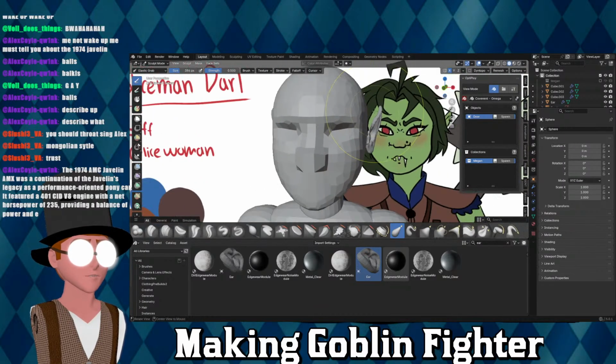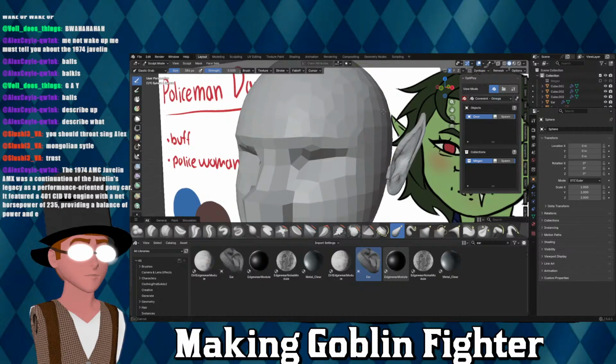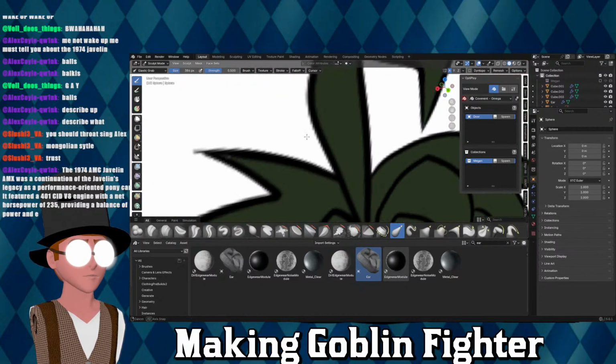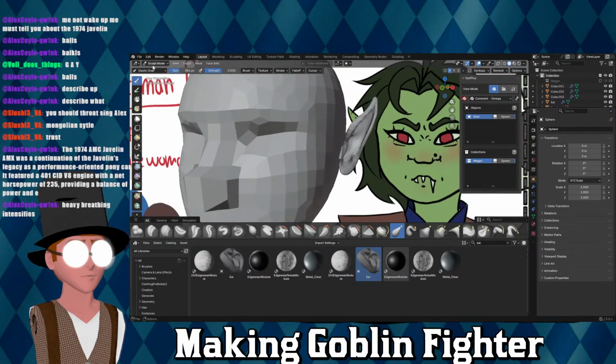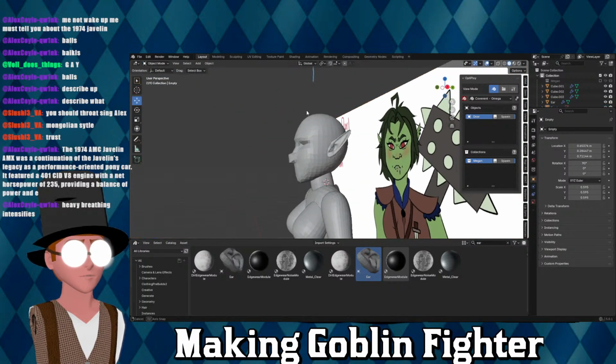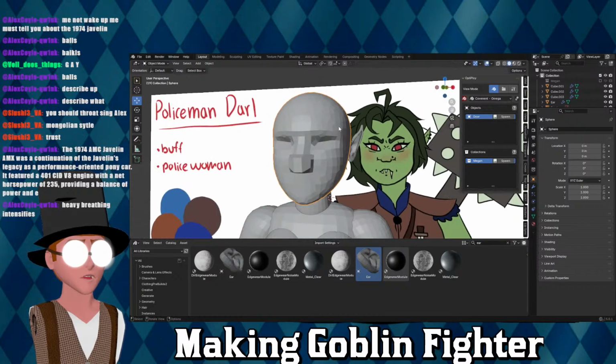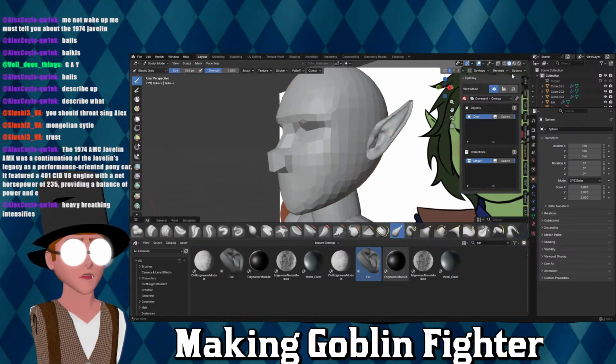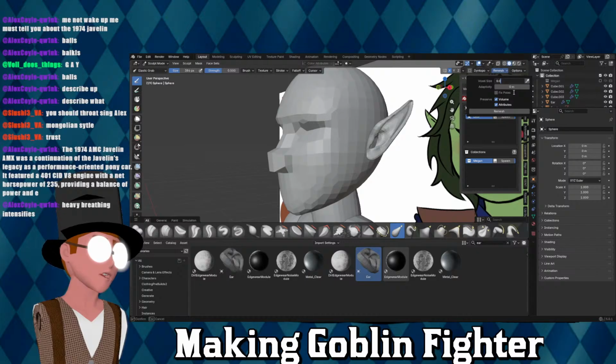Probably, actually. Okay, so this is what we have for the extremely crappy starting base. We're now going to increase detail. We're going to go to